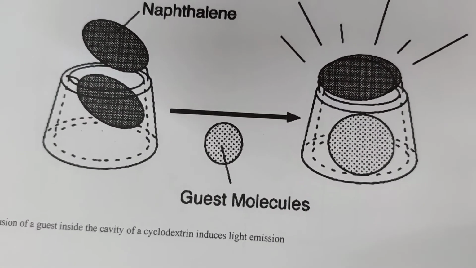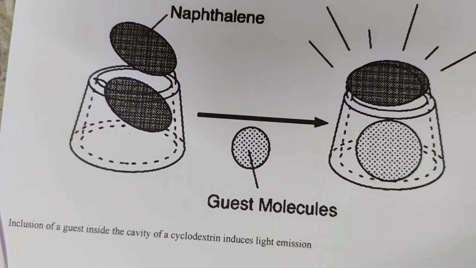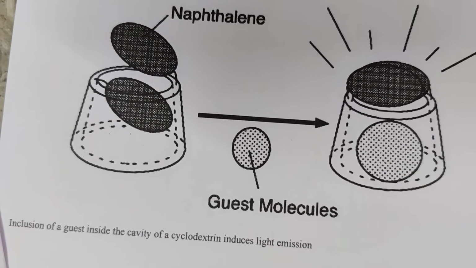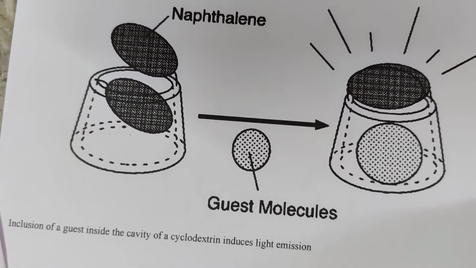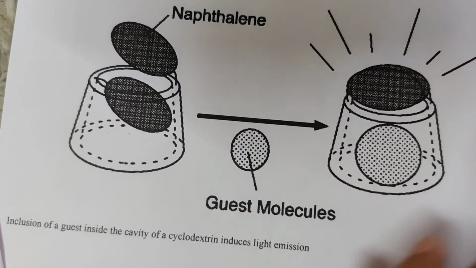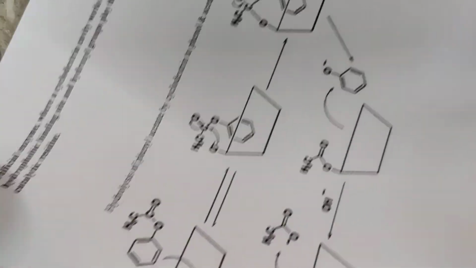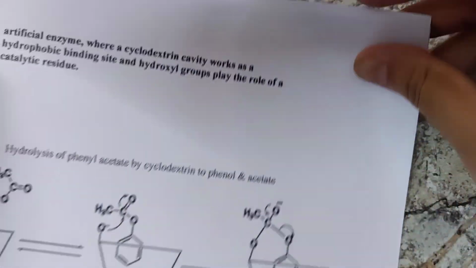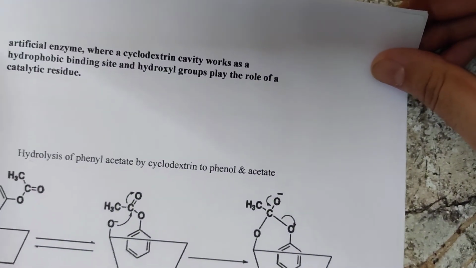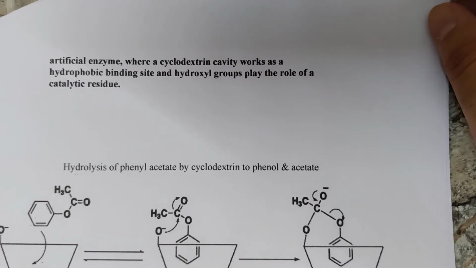So this reaction can be seen by detecting that emission of light. So this is a very general kind of use of the cyclodextrin, but we'll move to one very specific enzyme reaction where cyclodextrin is used as an artificial enzyme. Okay,